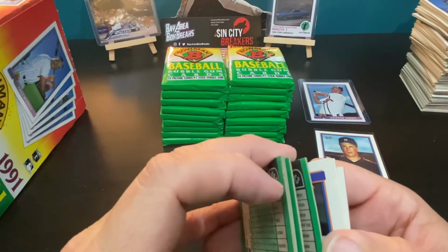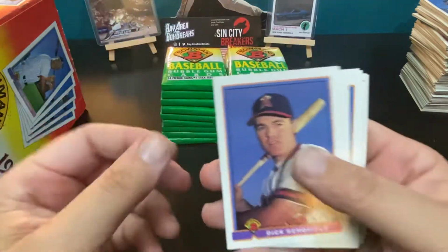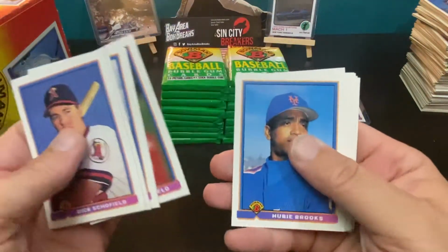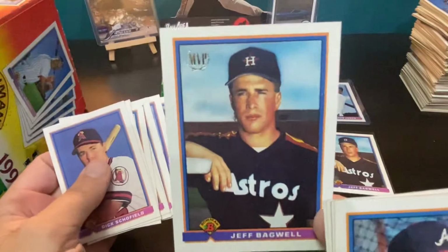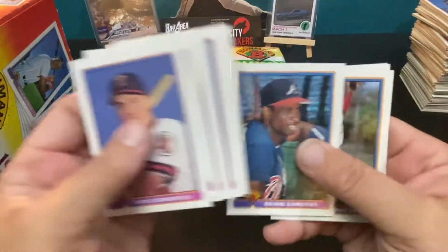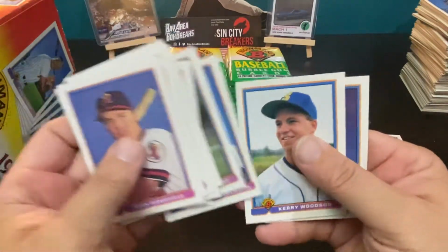And let's see if I can split this. Another Bagwell. Eric Davis, Gary Sheffield. So there is another Bagwell. Very nice. So we'll take a second one. And like I said, I'll take another chipper. If you're not going to give us all the rookies, give us...